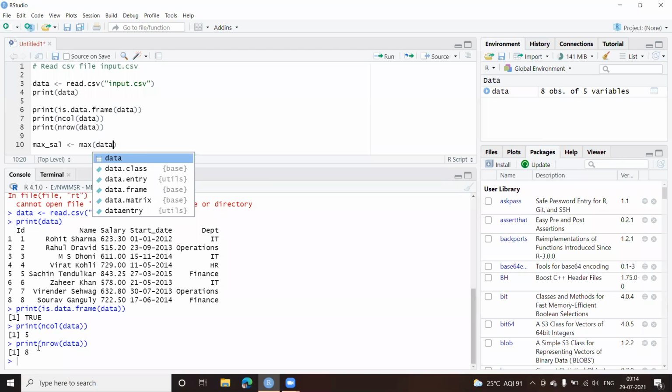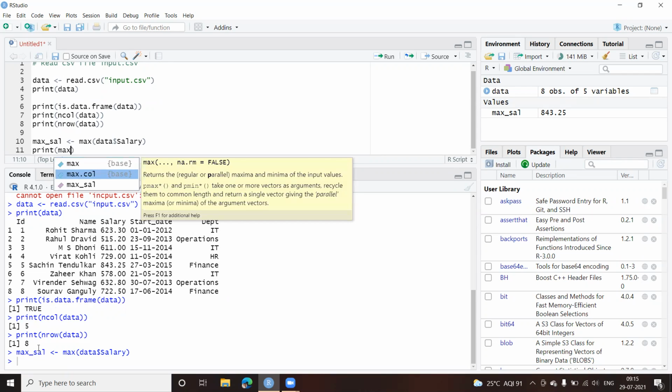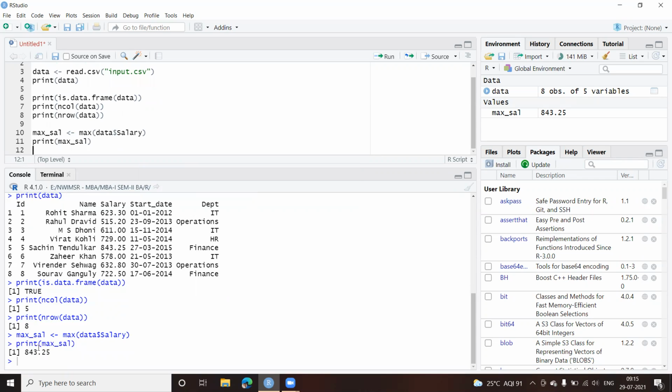So data, the $, and the salary. Okay. Run this and I print it. Max underscore salary. Okay, that is my maximum salary.